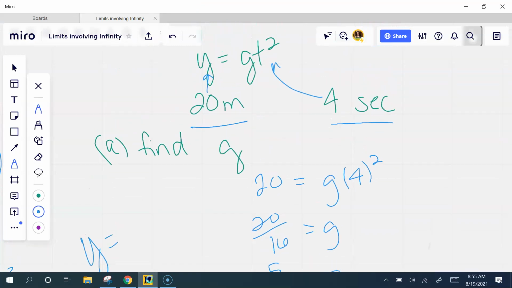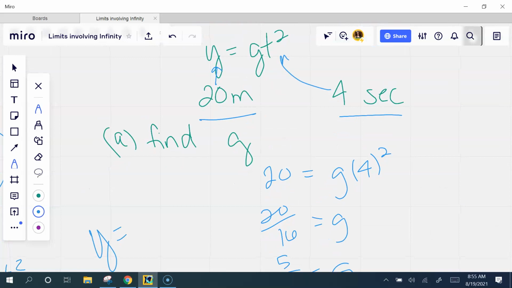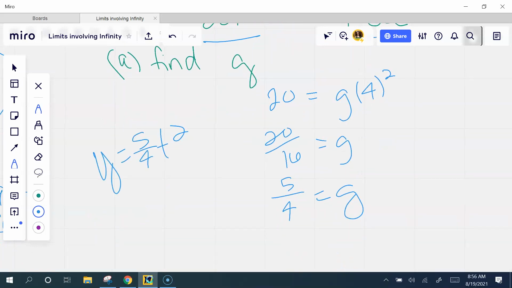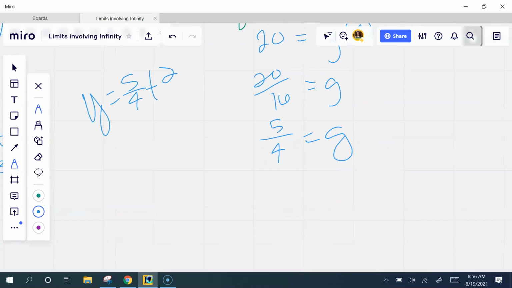All right, so my equation. A rock released from rest to fall on a small airless planet falls y equals g t squared meters. So it gives you the answer in meters. All right, so y equals 5 over 4 t squared. I did that just to come up with that equation. Part B, you're on your own, guys. Part B, try this. Find the average speed for the fall.